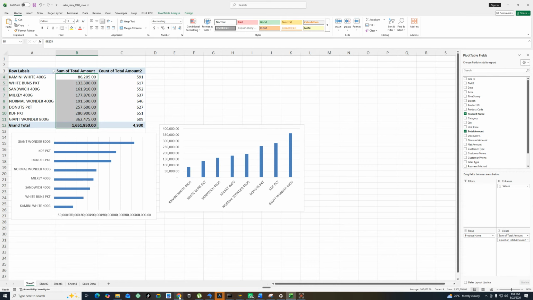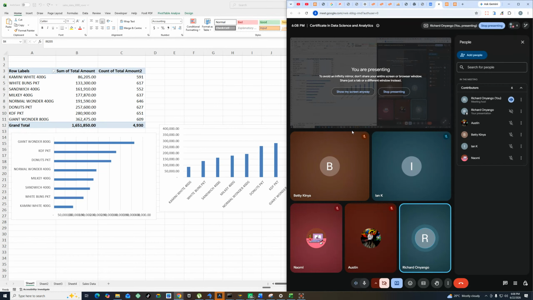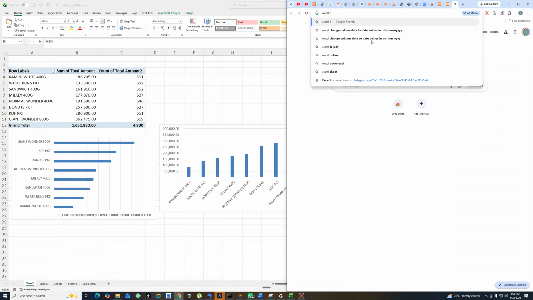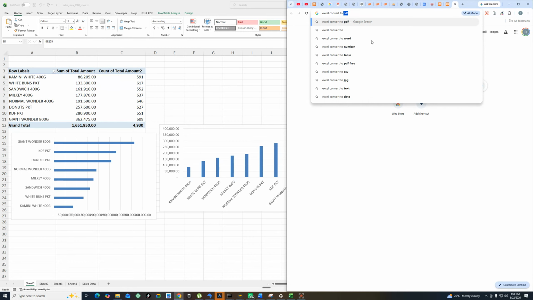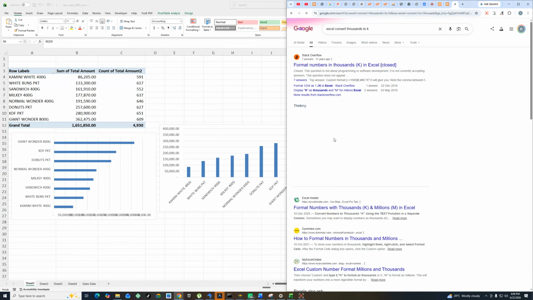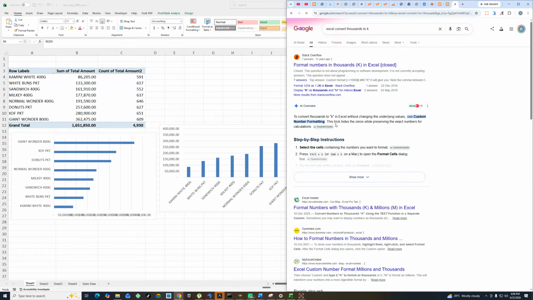So again, you don't have to struggle with memorizing how to work with thousands. You can just ask Excel to convert to thousands, thousands to K, something like that. So it will